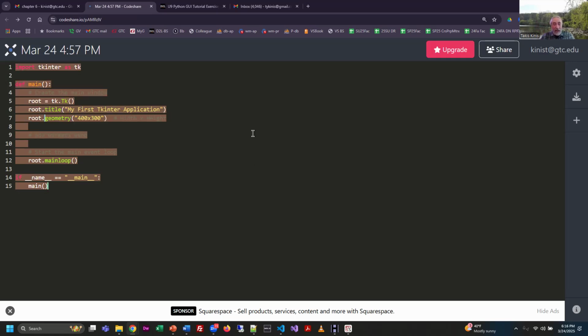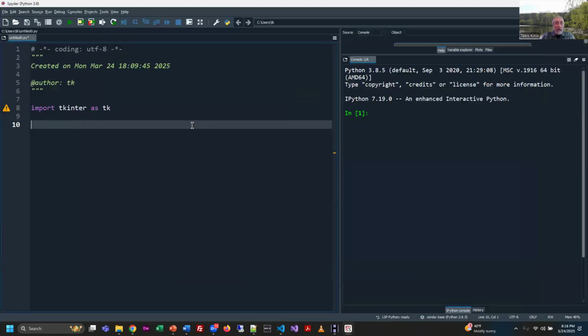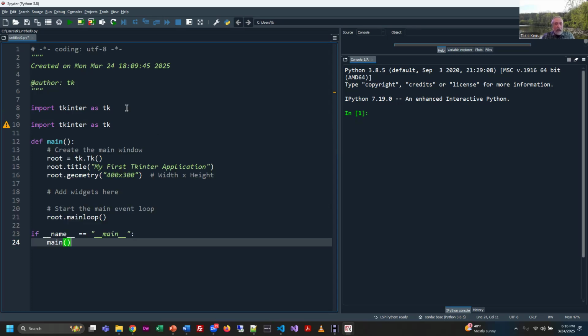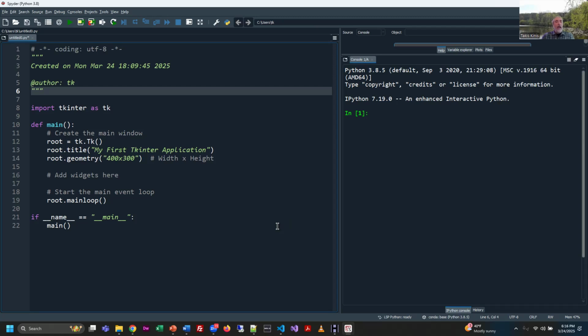So once you have all that code copied, then go back over to whatever IDE you're using. And I don't want to do the import statement twice here, so we'll just do it once. And then you notice the error message on tkinter went away. All right. So what's nice about the sample code that I have here today is it's very nicely commented